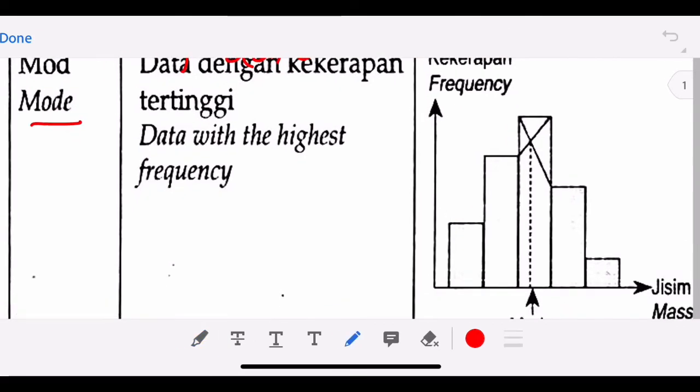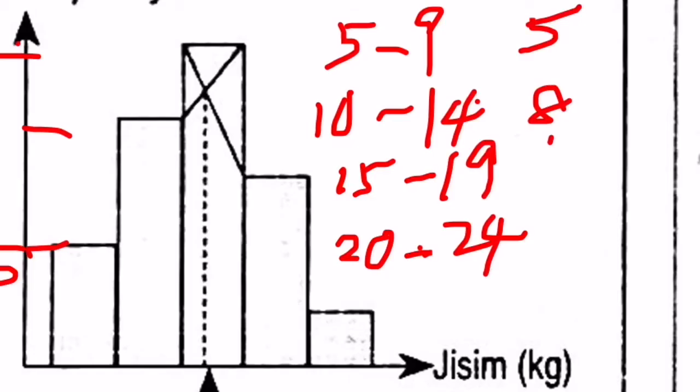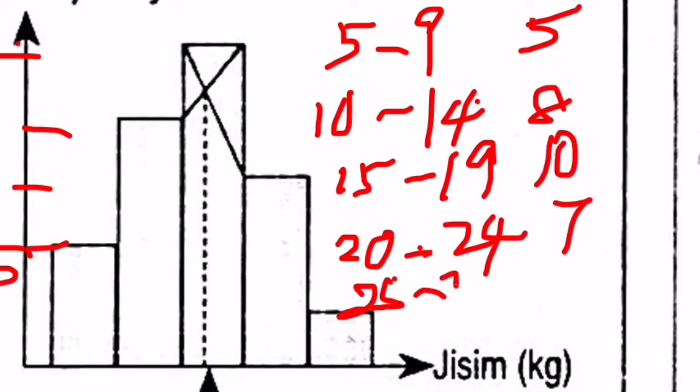Now I want to discuss the mode. For example, 1, 2, 2, 3, the mode is 2, very easy. For this one, let's say the class interval 5 to 9 has frequency 5, 10 to 14 is 8, 15 to 19 is 10, and 20 to 24 is 7. This is an example. To identify the mode, you have to draw the histogram, and then